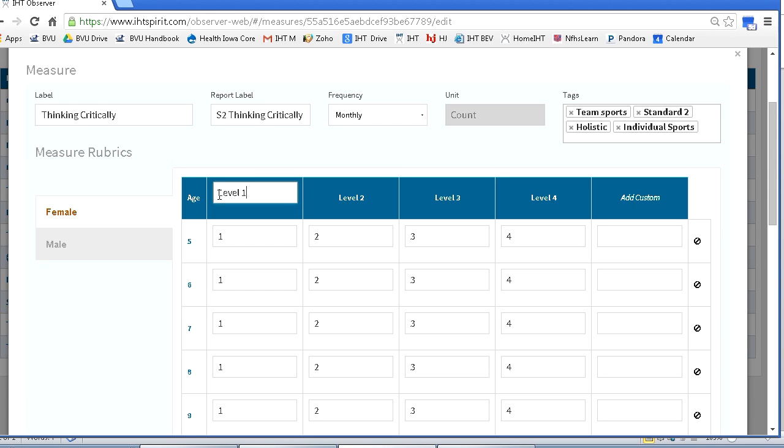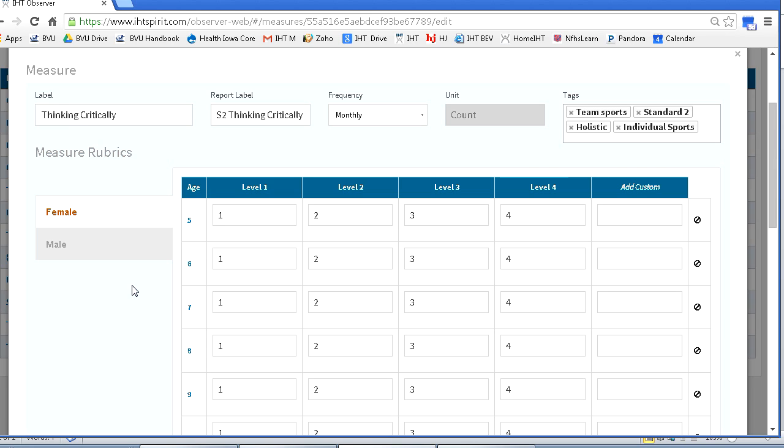These labels across the top on row 1 will follow into your reports. So you want this to match what your rubrics look like so that everything matches when the reports are made for your students, especially if you're going to use it at parent-teacher conferences. After you have that completed,